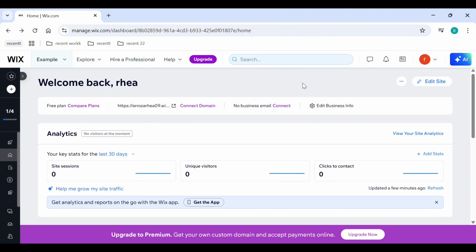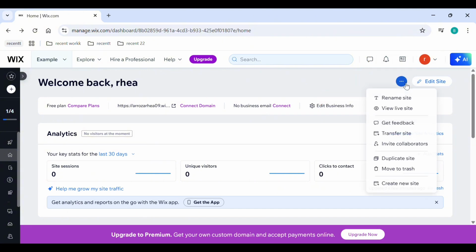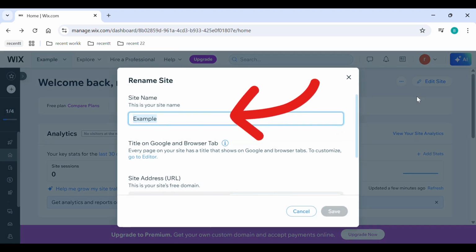On your dashboard, choose the site you want to edit and click Select Site. Once it loads, go to the top right and click Site Actions. That's the three dots at the top right. Then, select Rename Site. Now, you can update the site name. For example, type in change site,